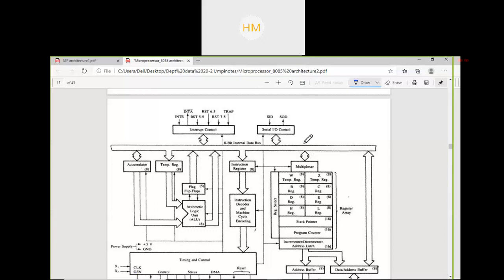Any doubt? So you have to remember where you write 8-bit, where you write 5. It is only in the flag register, that is 5. It is again a register of 8-bit, but we are using only 5 bits.